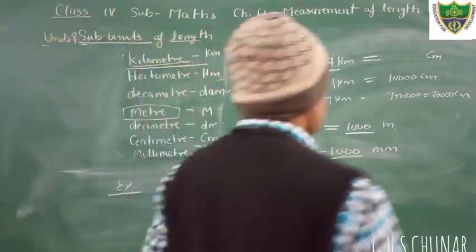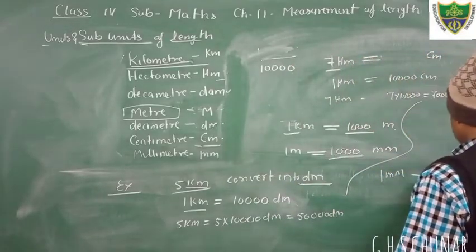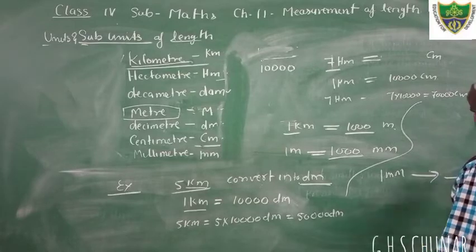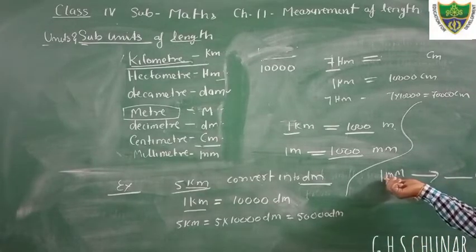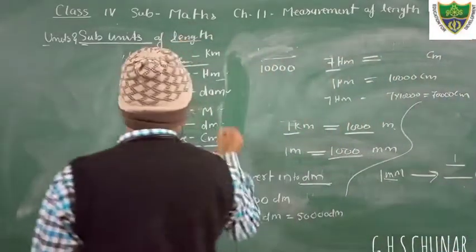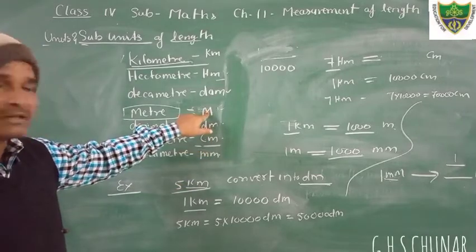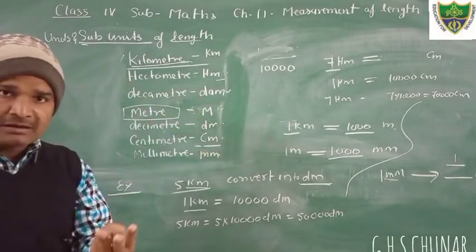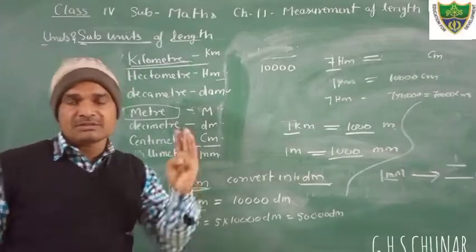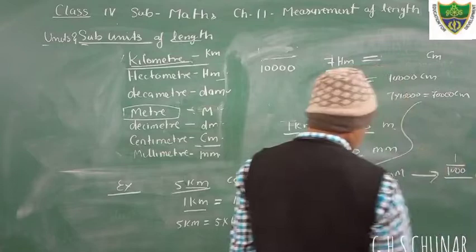next, if you want to convert 1 millimeter into the meter, what is the meter value? Here millimeter converts to meter, smaller to larger, smaller to larger. So we write 1 upon. By which number we will divide? Here the millimeter and this is the meter. From the millimeter to reach the meter, 1, 2, 3. So we will get 3 zeros. A number formed by 1 and 3 zeros, that is 1 upon 1000.